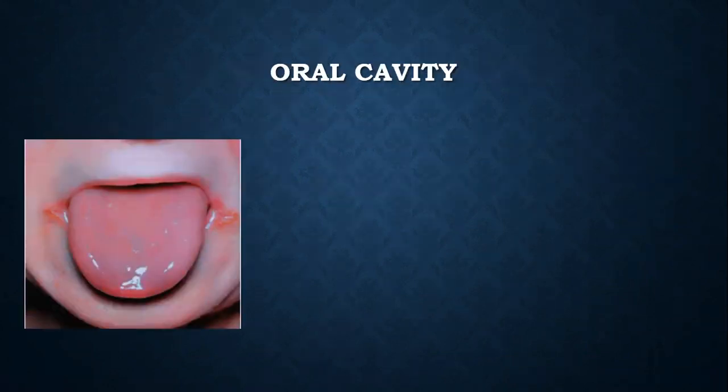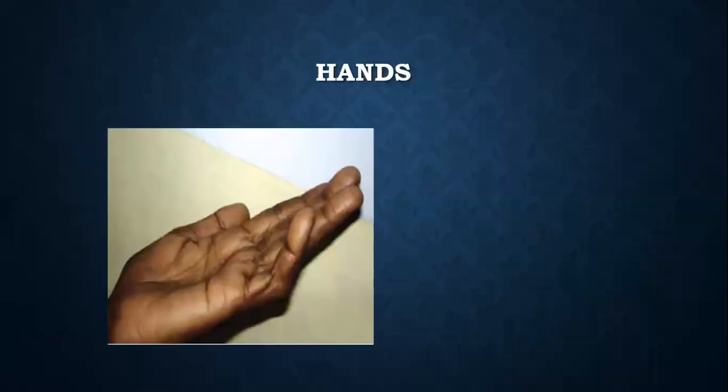So can you make this out? This one which I mentioned earlier, iron deficiency anemia, one of the oral manifestations will be a glossy tongue or an ironed out tongue. Remember, iron deficiency causes an ironed out tongue. There's no papilla here. The tongue is very smooth. So this is about the oral cavity. There's nothing to look for in the face, specifically in GIT. Now coming to the next thing, which is about hands.